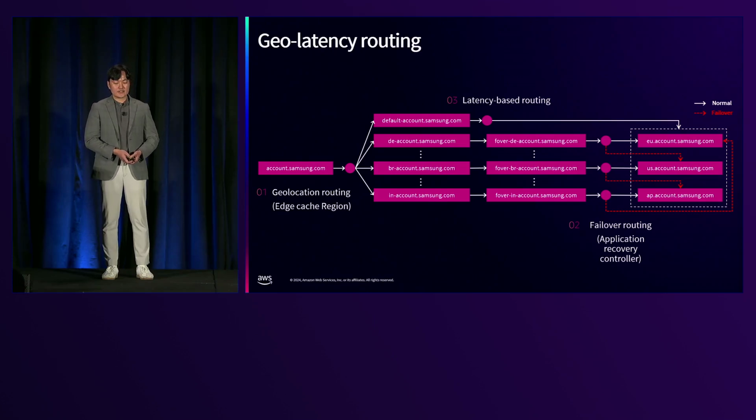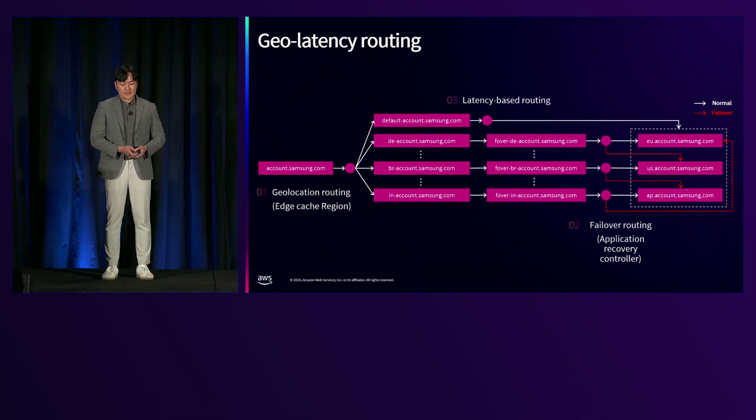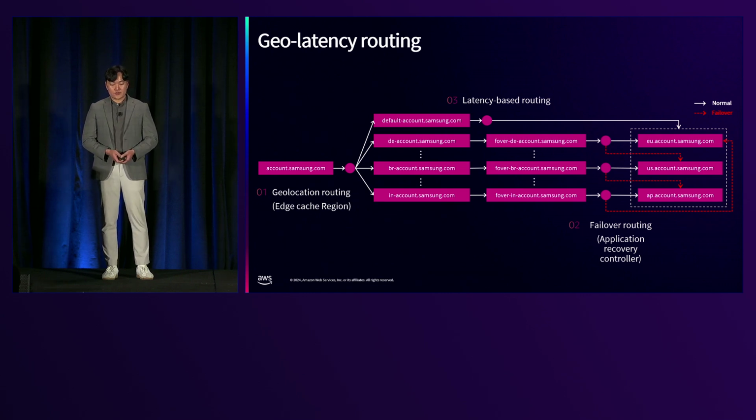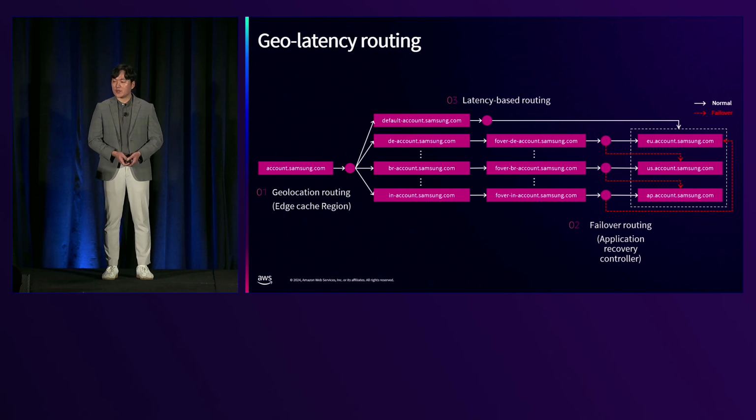When a user accesses the service through account.samsung.com, they will reach one of the CloudFront edge locations in a certain country. Suppose the user reaches the edge location in Brazil, they will be routed to the internal DNS URL br-account.samsung.com, which corresponds to Brazil among the 10 edge locations. Next, they will be directed to